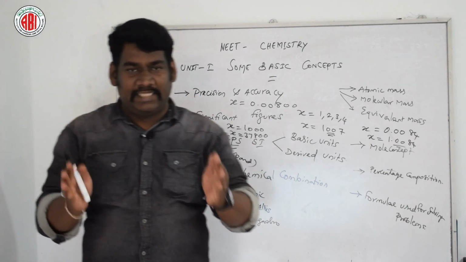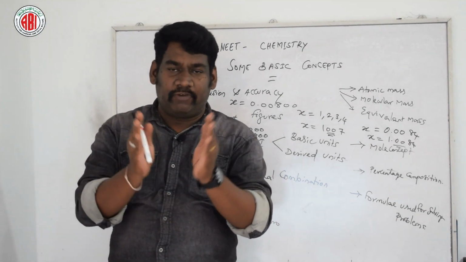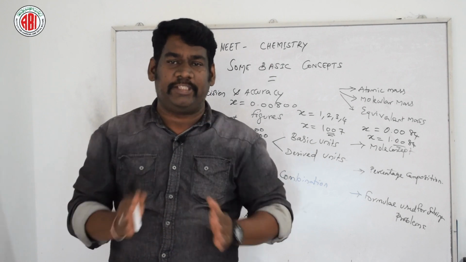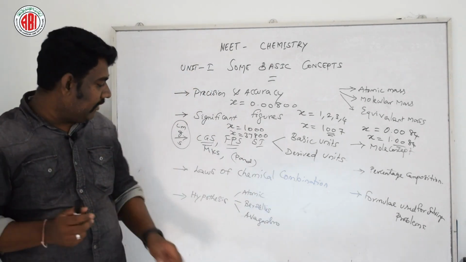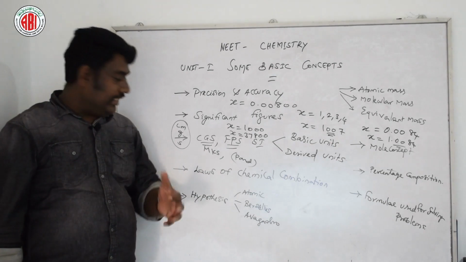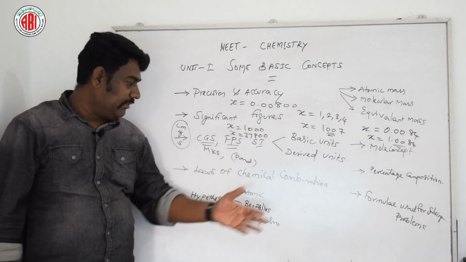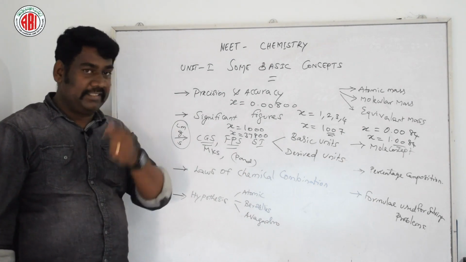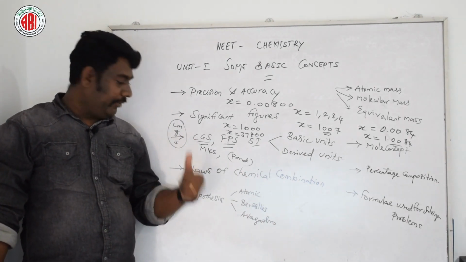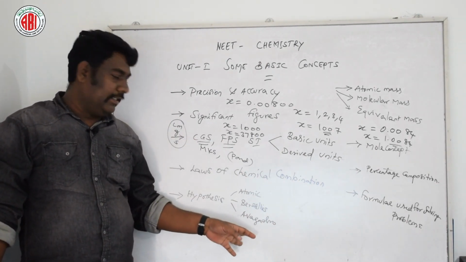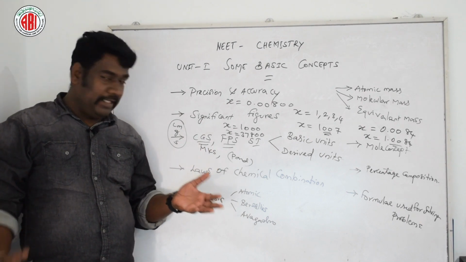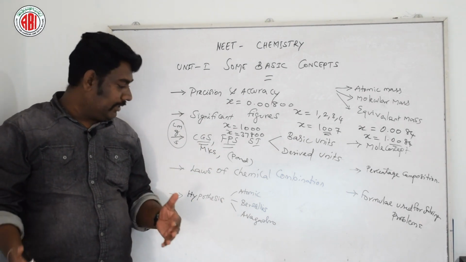So when two gases combine in volume, they will always be in a simple ratio when the products are formed. That is what the Gay-Lussac law says. So this is about the laws of chemical combination, with the different laws related to it. Now let us discuss a few hypotheses based on atomic structure and on elements and molecules. We'll see them one by one.